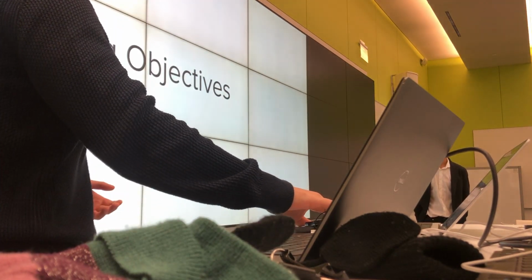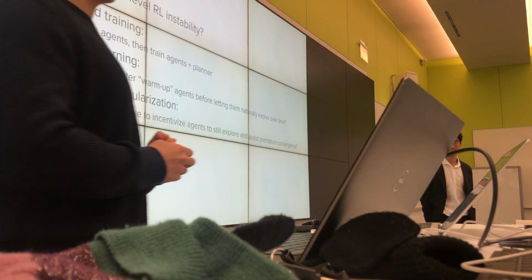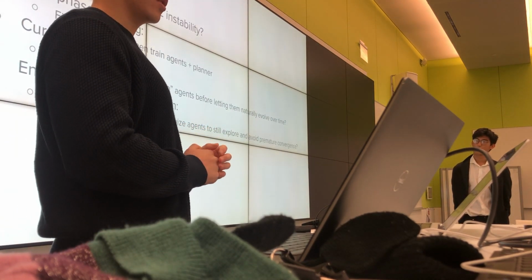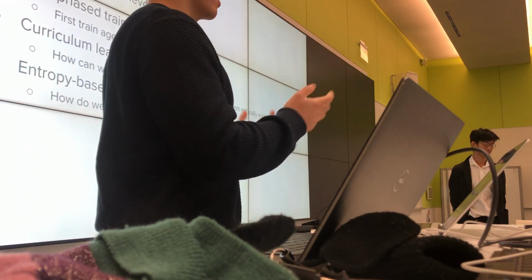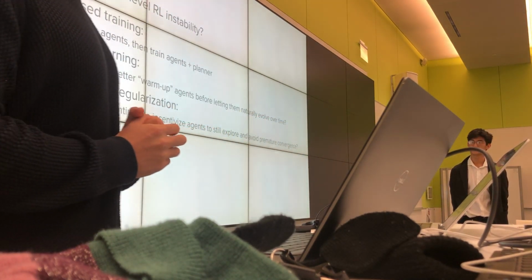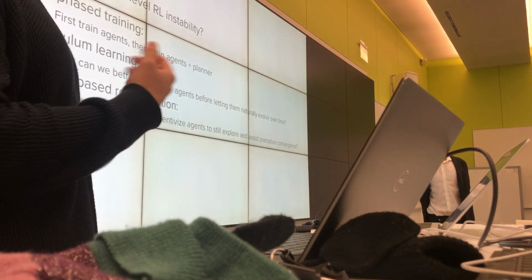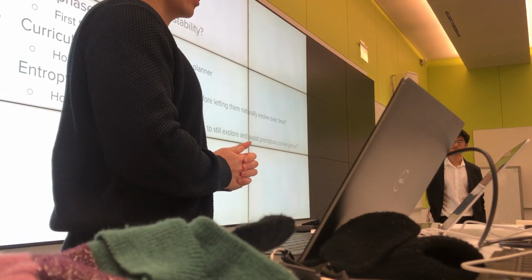So now we'll go into the training objectives as well as talk about the training techniques they use. The big theme of this section is how they solved this two-level RL instability. They had a couple of approaches. One was two-phase training. In phase 1, you train these agent policies from scratch in a free market. And then in phase 2, they learn in the presence of taxes, in the beginning random taxes, and then towards the end with the actual learning tax agent.